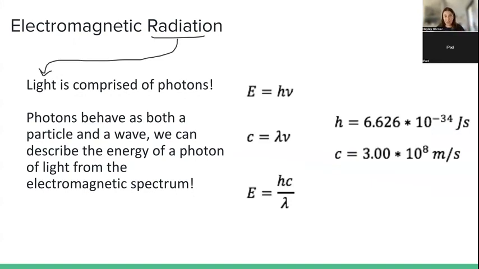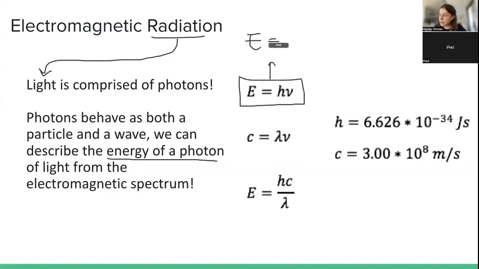So, like what we talked about in class, photons have particle-wave duality. They behave like a particle and like a wave. So we can describe the energy of our photon, which is a particle property, from the light of our electromagnetic spectrum. And what we're able to say here is that the energy of our photon,